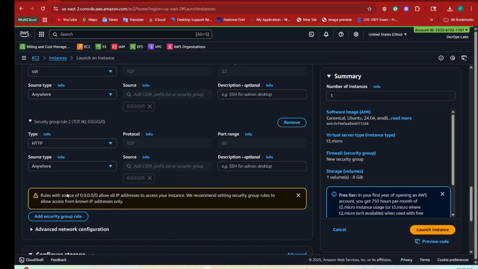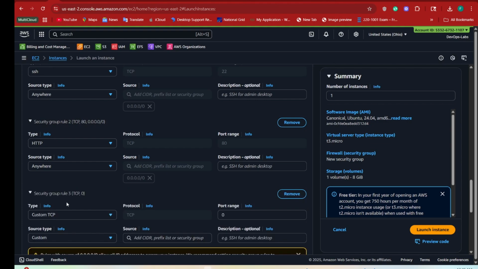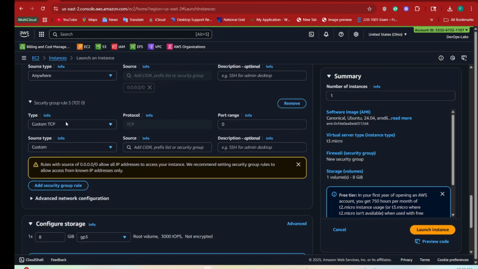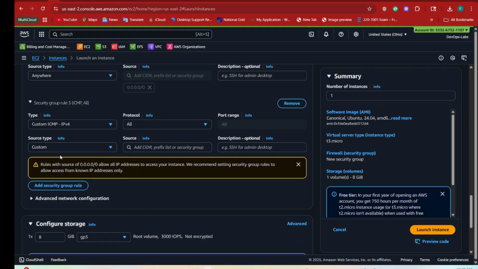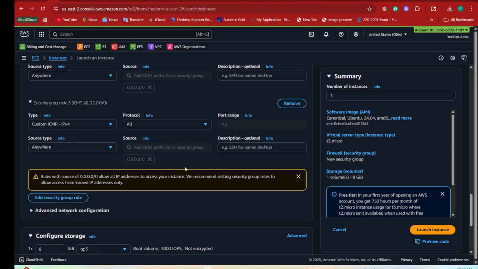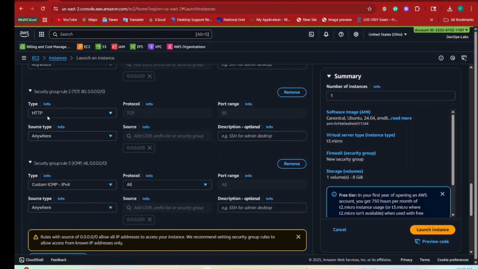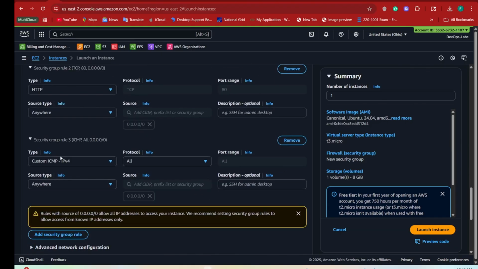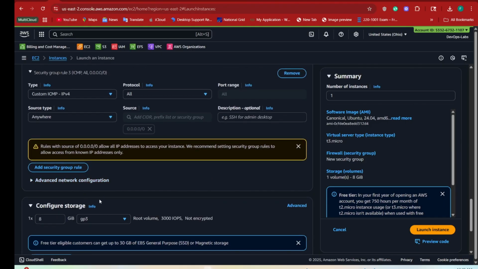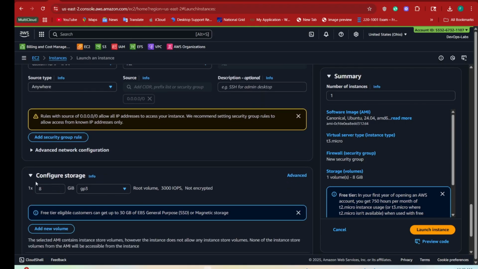Also, I want to be able to ping my machine, so I'm going to add the ping protocol, and that will be ICMP for IPv4, and it should be from anywhere. So we have these three ports now: SSH, HTTP, and ICMP, and we'll just leave this as